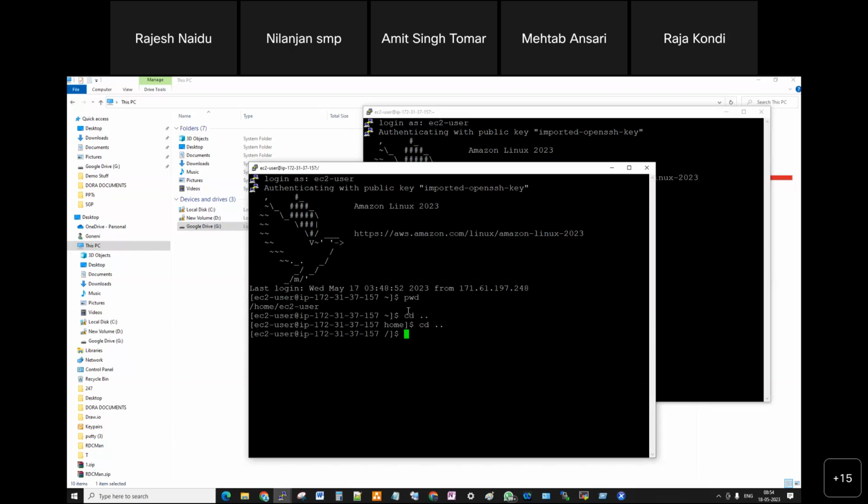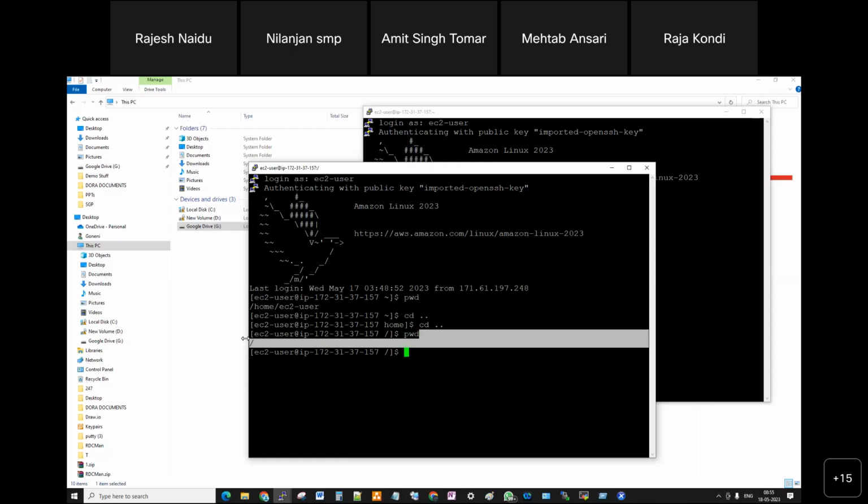So now if you give cd space dot dot, it goes one step back from ec2-user to home, see here. And in home, if you type cd space dot dot again, you will come back to the forward slash root. So forward slash means the root directory. Right now you are in the root directory. If you want, you can directly type pwd and check where you are.